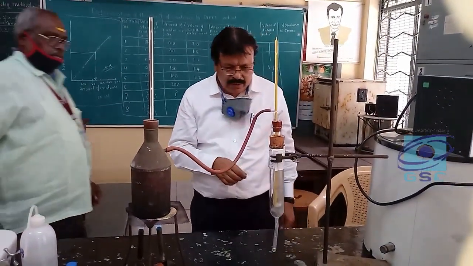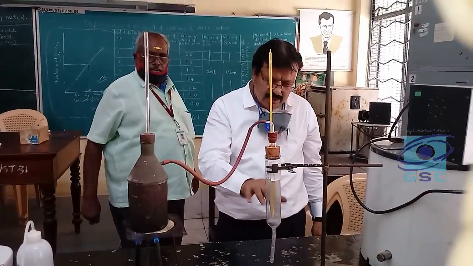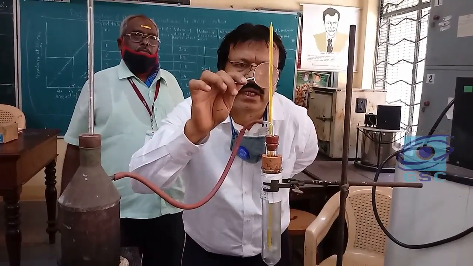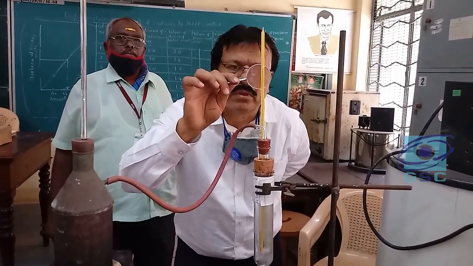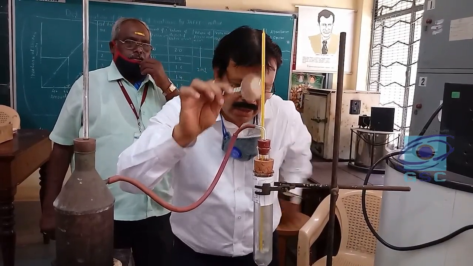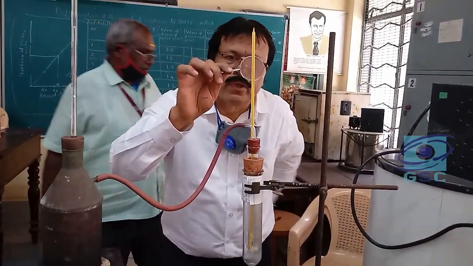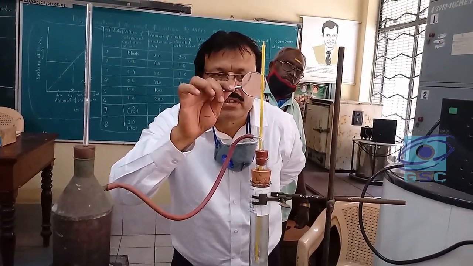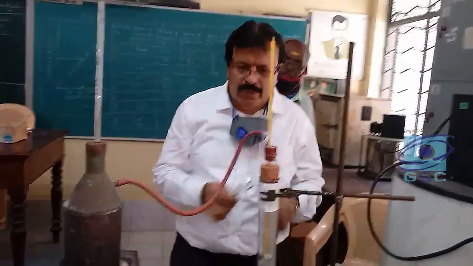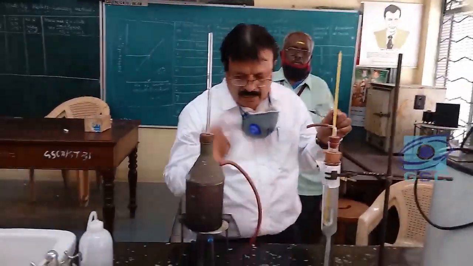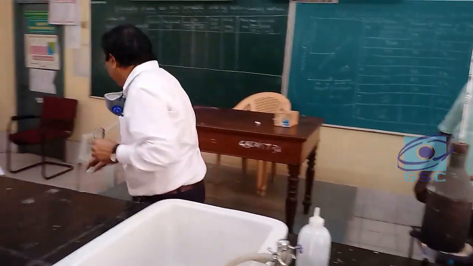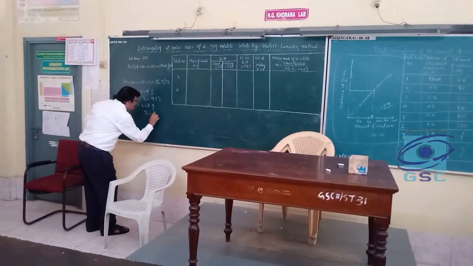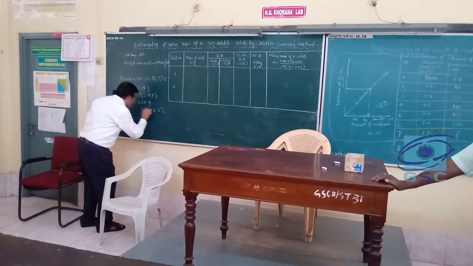Now you can see the bubbles. So there is continuous boiling of the solution. Now I have to take that reading as T2, that is the boiling point of solution. You can see the solution is boiling. Now to record the boiling point of solution, the value is 97.5. Now we have to disconnect this. The value of boiling point of solution, that is T2, is found to be 97.5 degrees Celsius.